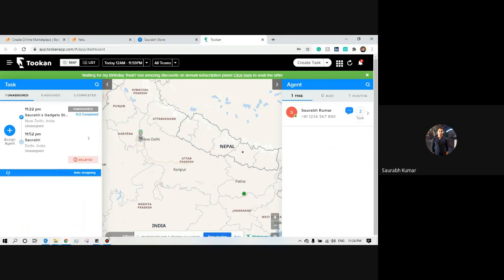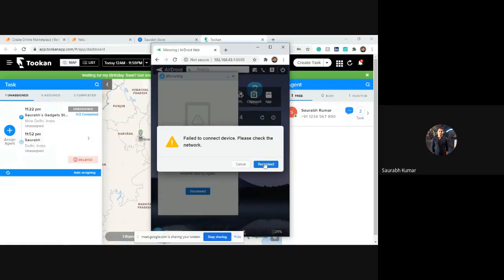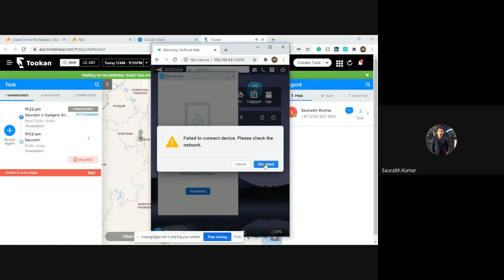So just let me show you. It is connecting with the agent's smartphone so that I can share the screen with you. Okay. So let's try once again.